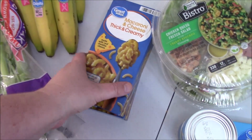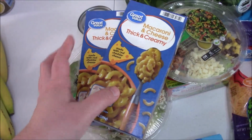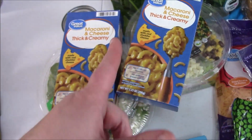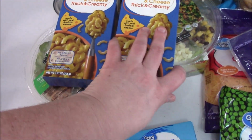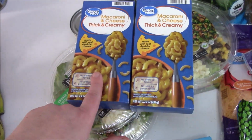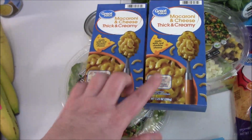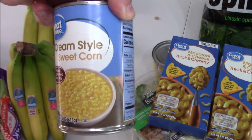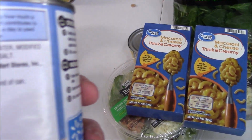I have not been babysitting at all this week, or last week actually. There's just been some family things going on with the people that I babysit for. But I should be starting it up this next week, and so I picked up these macaroni and cheese. These were 33 cents, or 34 cents. These are 34 cents. So I picked those up, and then these are 2 cream sweet corn, which has